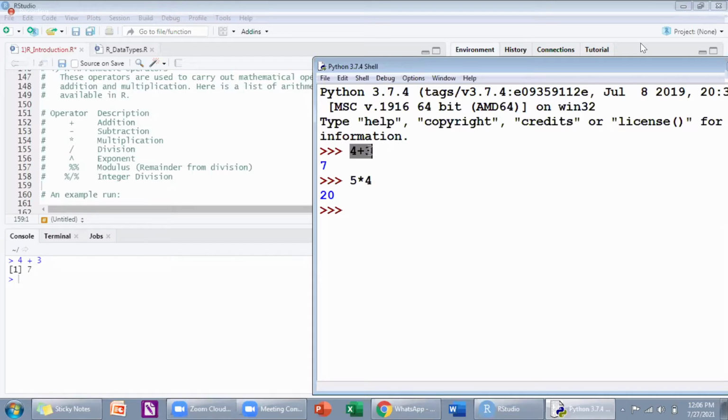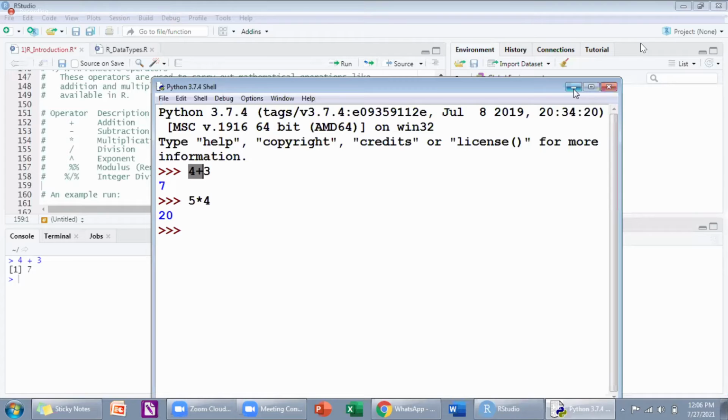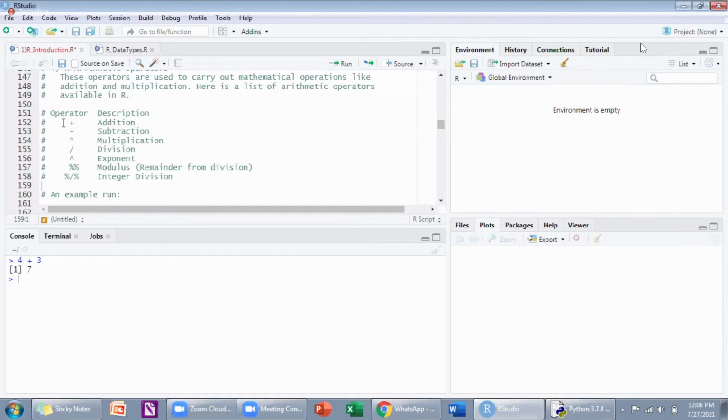Directly open a compiler, write 4 plus 3. Will this work in C, C++, Java? Please don't reply privately. Make it public so that all can see. You can even unmute and say. Good. So it will work.